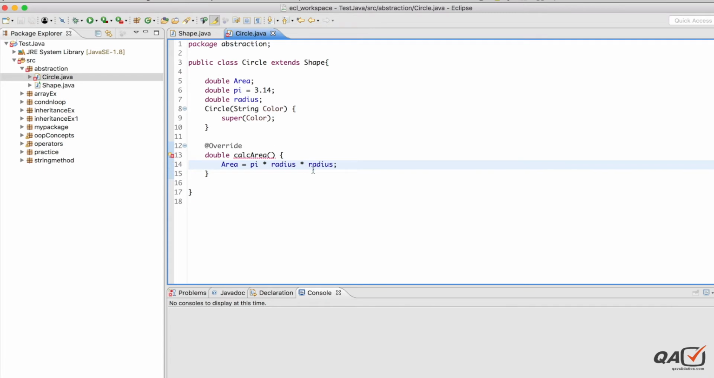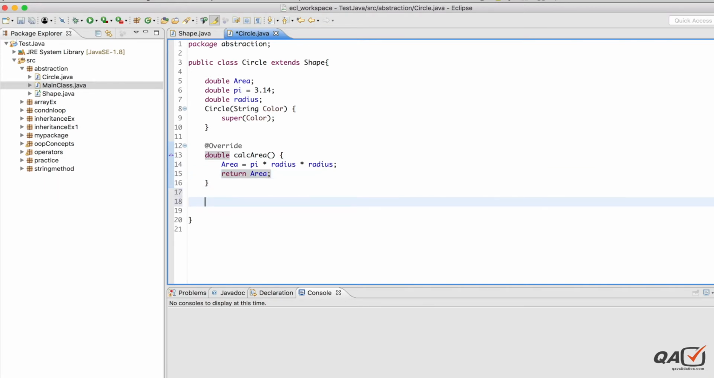Okay, fine, and then return that area, return area. Okay, so here what I will do, I'll put a main method, and here what I will do,